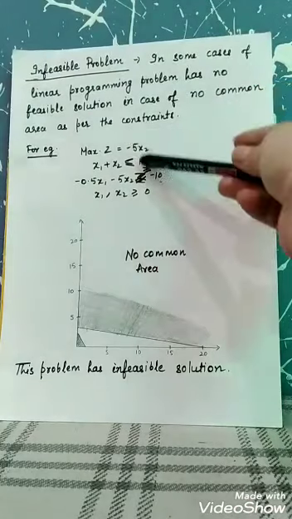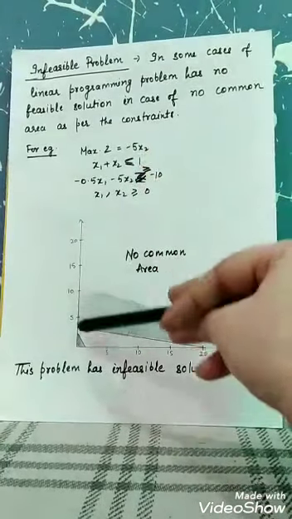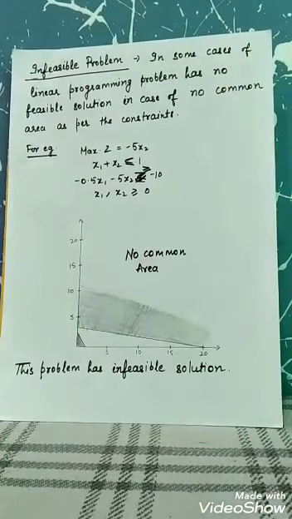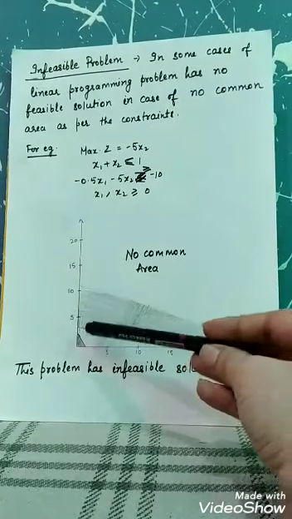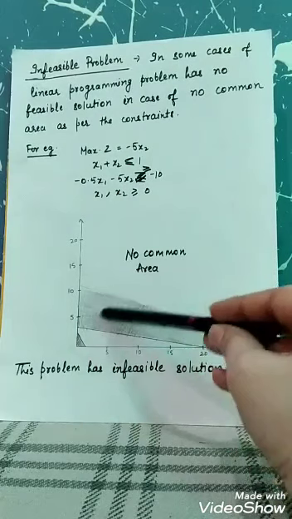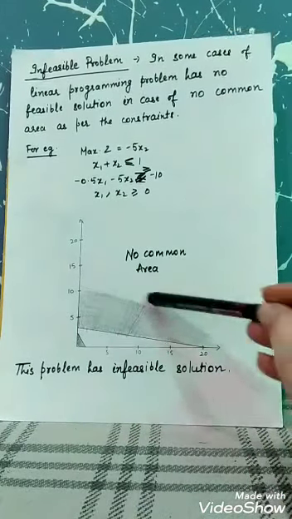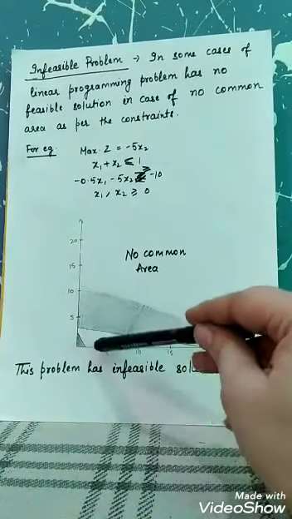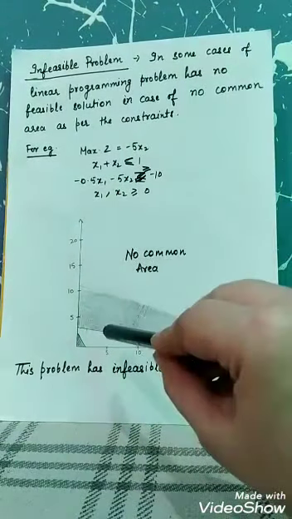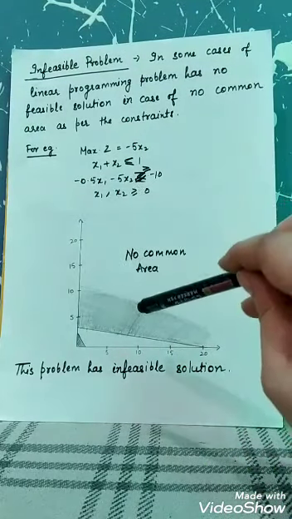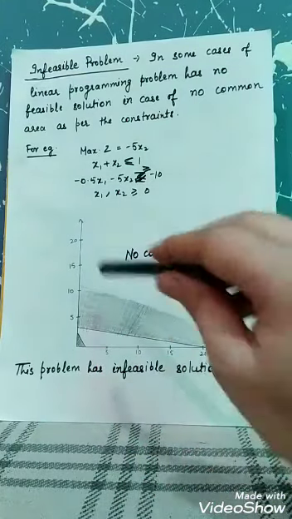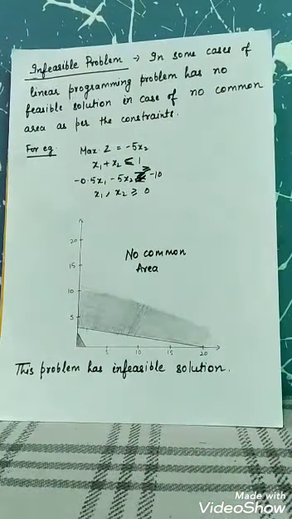And now after solving these equations, I plotted these values again on the graph, and here one is a less than sign and another is a greater than sign. So as per the equations, our first equation gives a less than area and our second equation gives a greater than area. So both the equations have no common area, so we can't find a feasible solution. So this is the problem which we call an infeasible problem. So we can simply write that this problem has an infeasible solution because it is impossible to calculate the answer in the case of an infeasible problem.